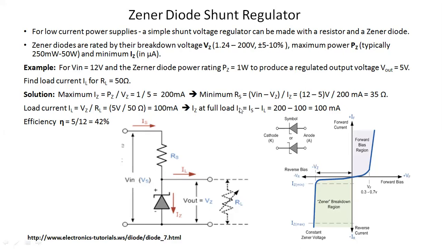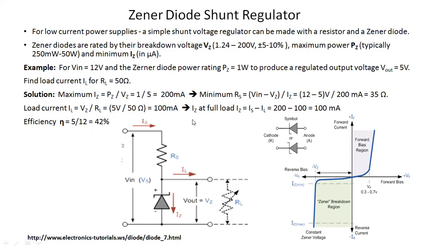So your equation will become Iz equal to Is, and the IL which was in addition here, you can take to this right side. So it will become negative. Your equation will become Iz equal to Is minus IL. So here you can write the value for Is. You can write the value of load current, which we have got here, 100 milliampere. So you will get 200 minus 100, that will be 100 milliampere. If you are supposed to find the efficiency, you can find it. If not, then there is no need, because in the question they have given that you are supposed to find only the value of load current.